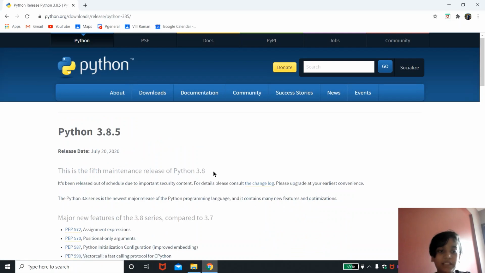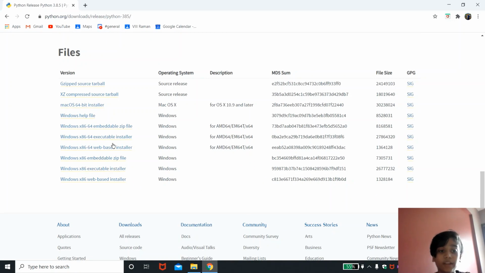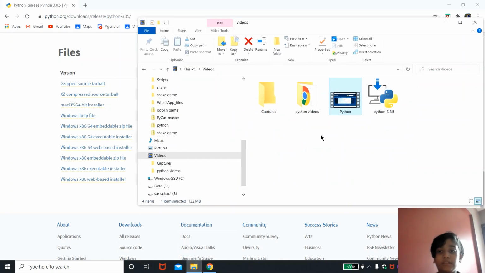Latest Python 3 release. Scroll down. Over here, you would be able to see Windows x86-64 executable installer. Click on that. And if you're on Mac, you have to download Mac OS 64-bit installer, and if you're a Linux or a Unix user, you have to download these files. After downloading,